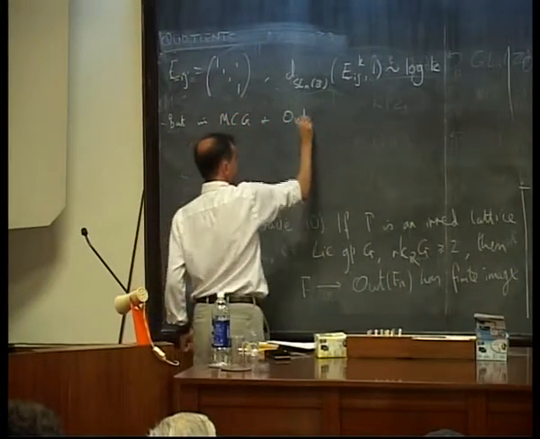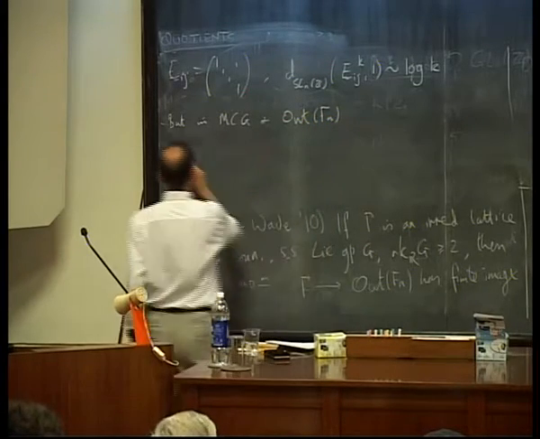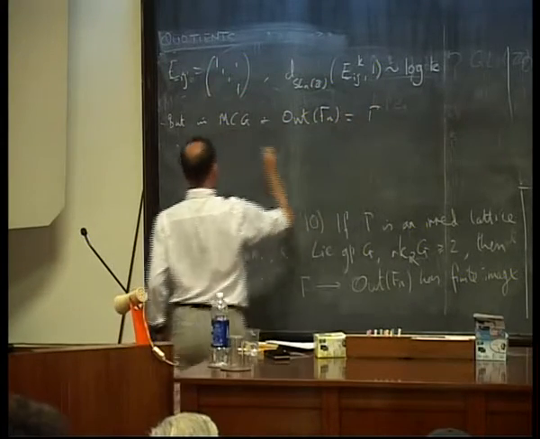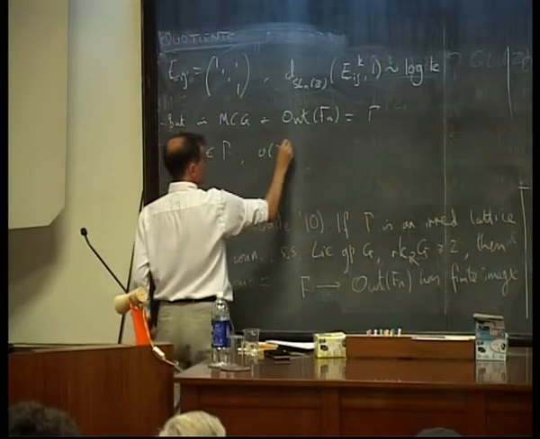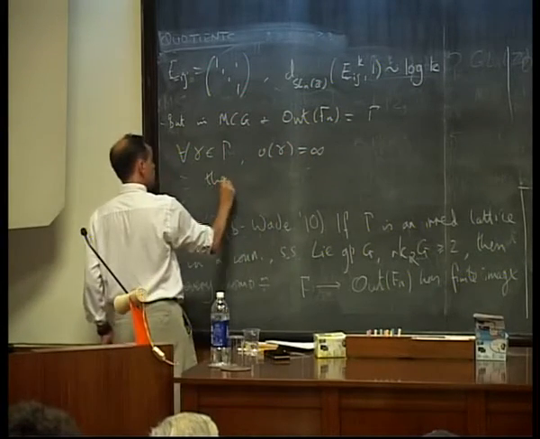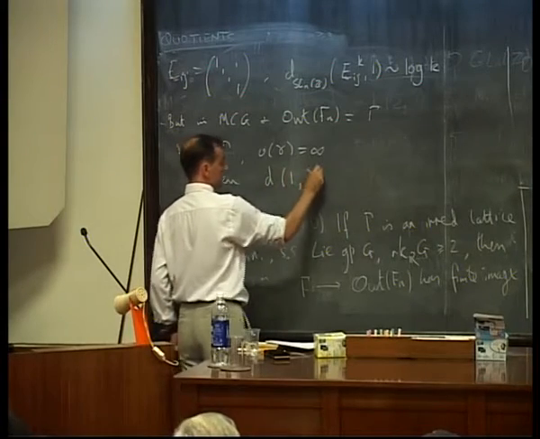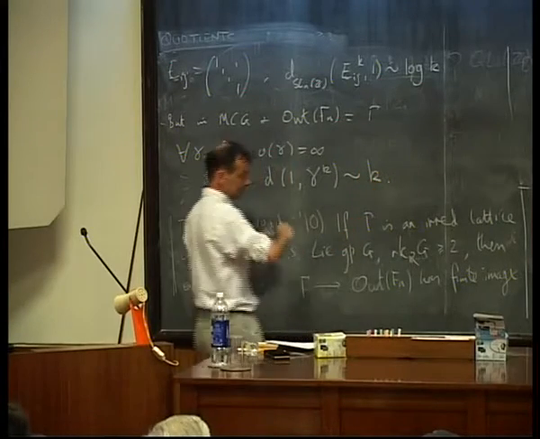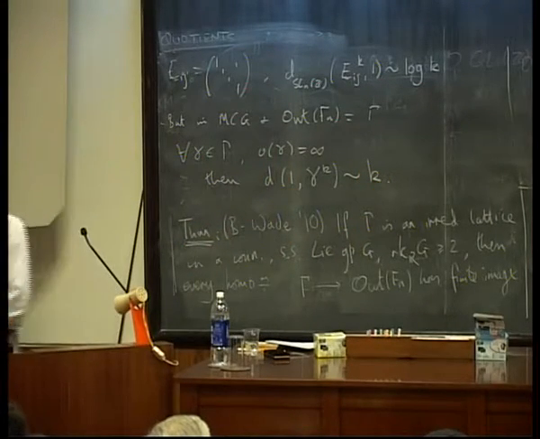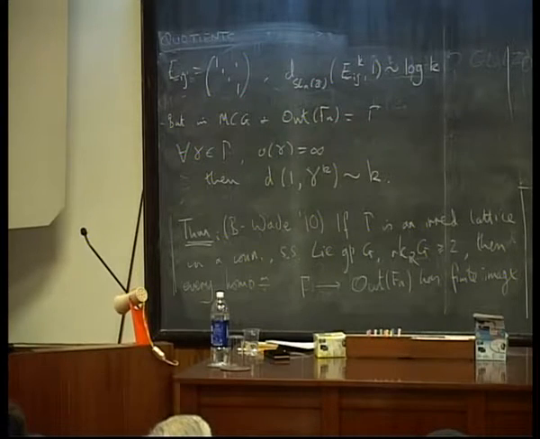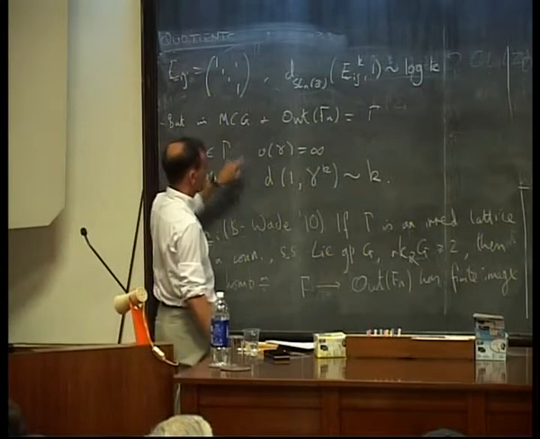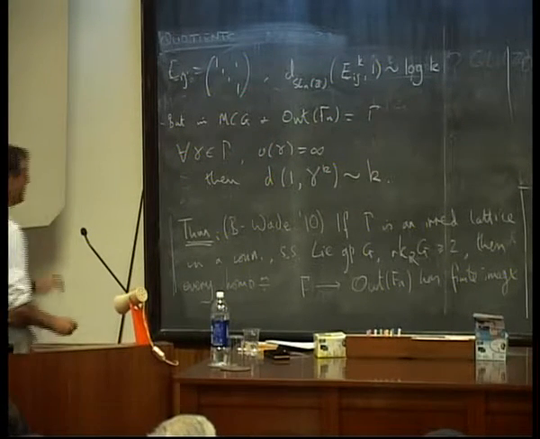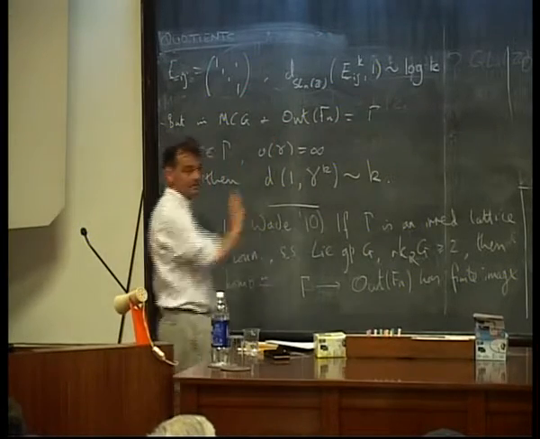and Out(Fn), if you take any element of the group, called gamma, in either of these groups, if it's got infinite order, then the cyclic subgroup generated by that element will be a quasi-geodesic. Okay, it will grow linearly. The distance to the identity will grow linearly as you iterate it. That's not a trivial fact in either case. I'm not quite sure who it's due to for mapping class groups. I think probably it's Hamenstädt, and in Out(Fn) it's due to Emina Alibegović. Okay? So this is really an important difference between mapping class groups, Out(Fn) and SLNZ.